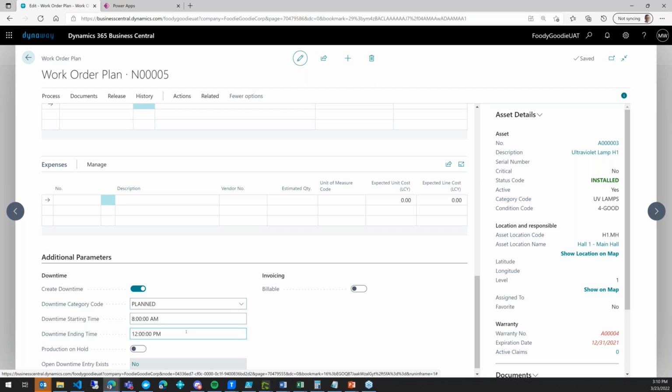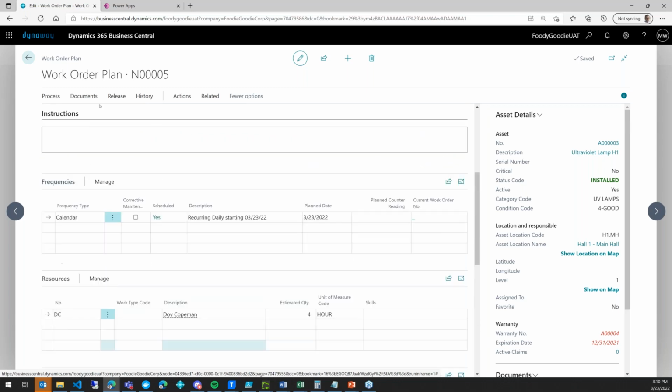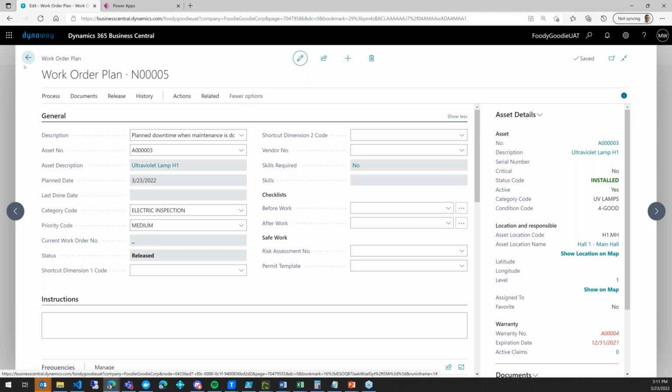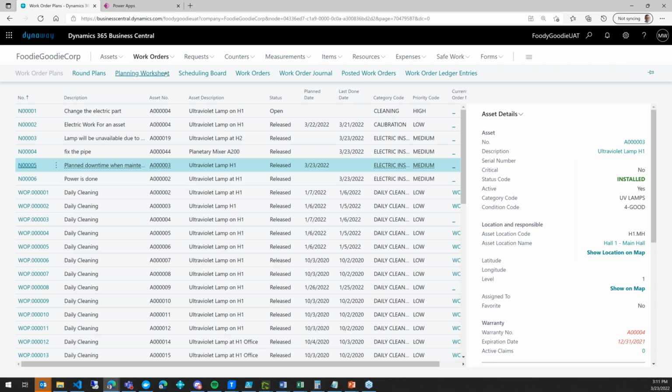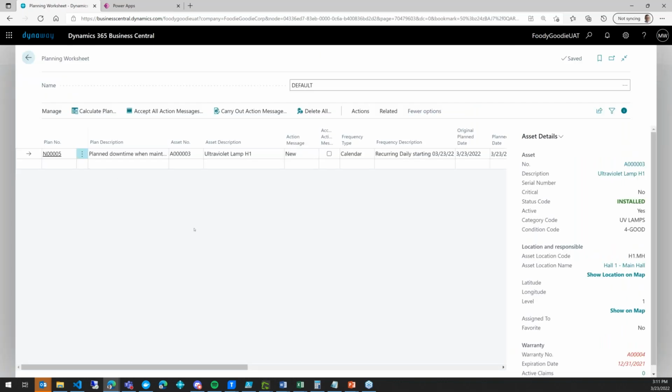Downtime category, so you've seen it already in my quick wizard on how to create a downtime. Starting and ending date, that's the default starting and ending date for this downtime. And when we already have that set up, we can go to the planning worksheet. So let me just go to the planning worksheet. And I already calculated my worksheet. You can see that I have planned downtime. It's in the calendar, it will be 23rd